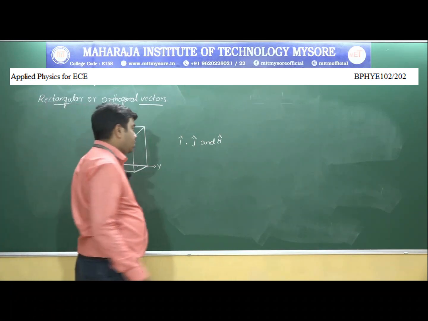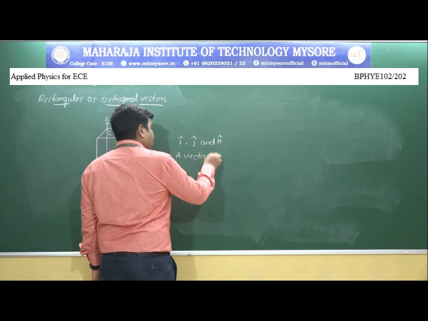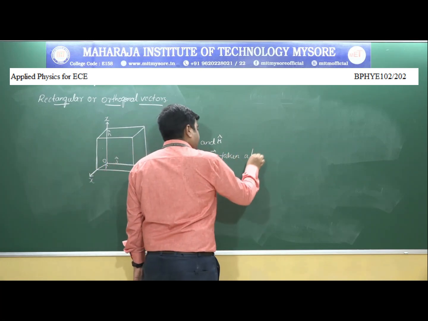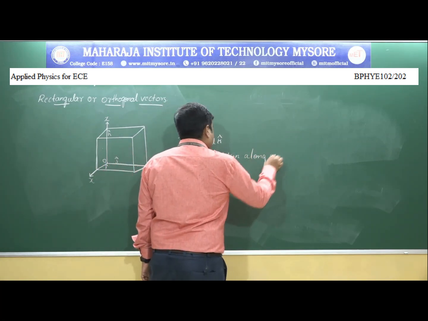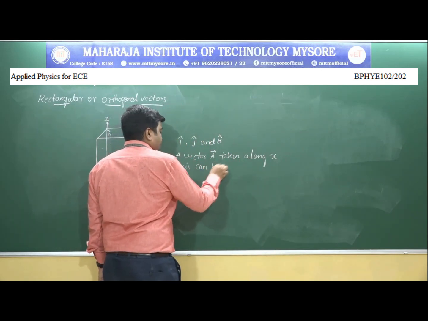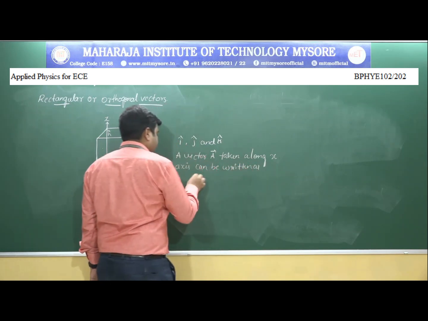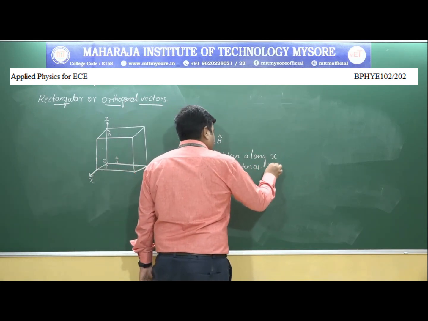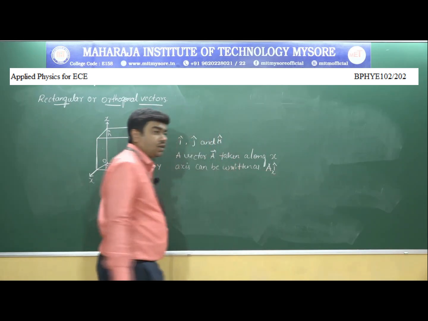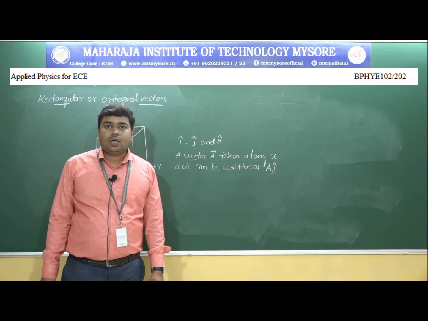Vector A taken along x axis can be written as Ax into i cap, where Ax is the magnitude of that vector and i cap is the direction of